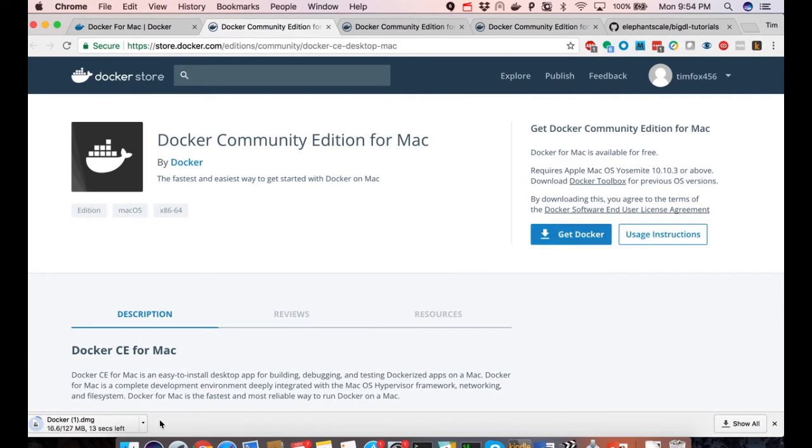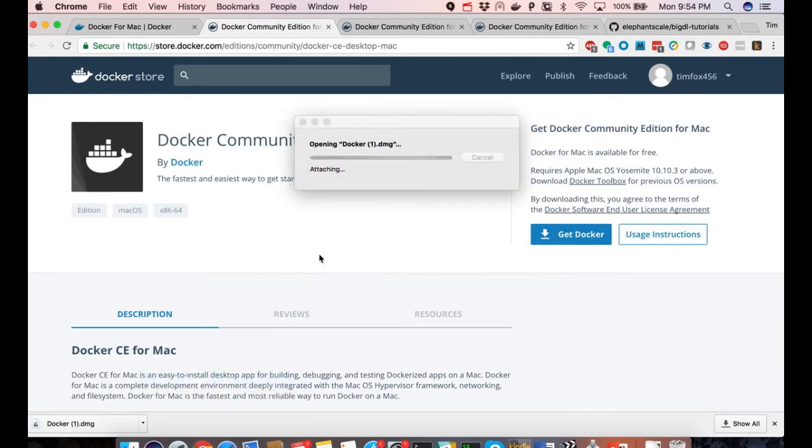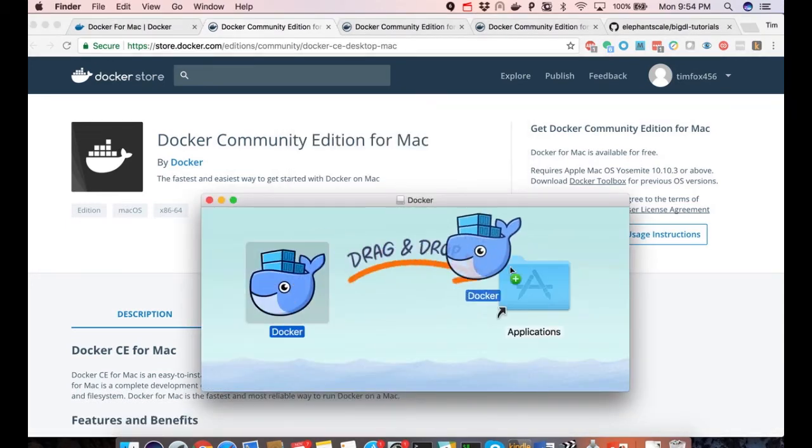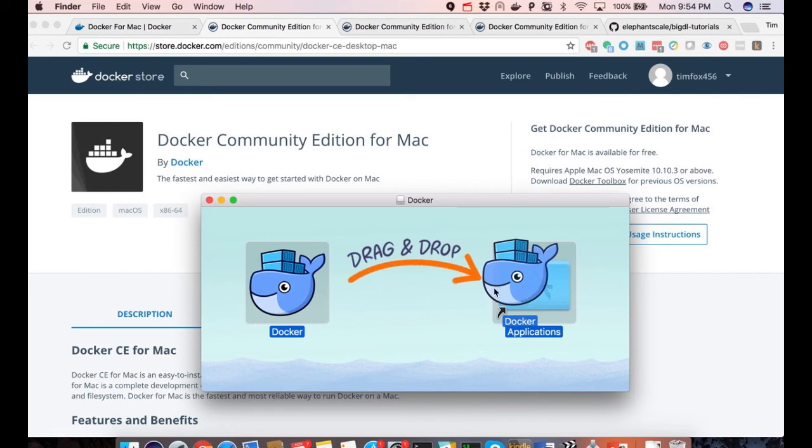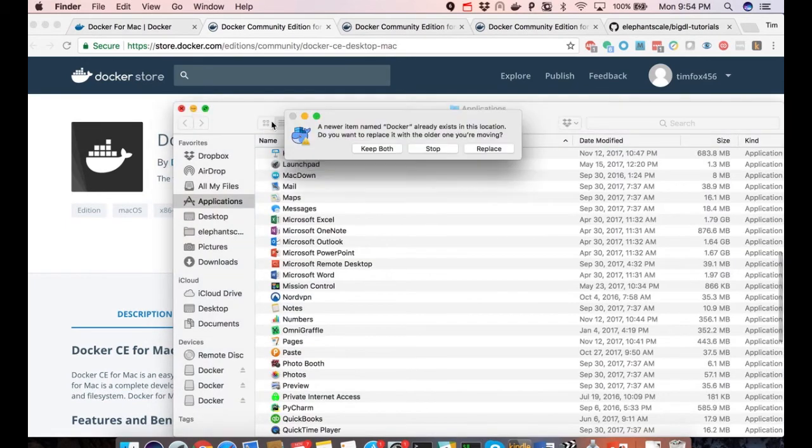Okay, so you see now that Docker is downloading for my platform, and I'm going to go ahead and click on this. This may look a little different on Windows or Linux, but nonetheless, we should follow the instructions for installing the Docker application like this. All right, great.